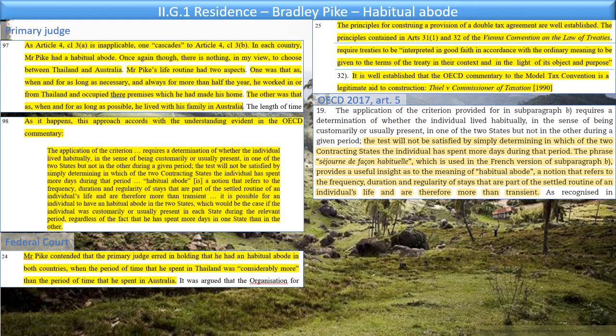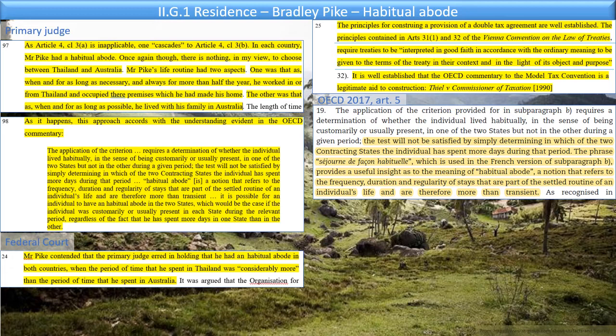And here it comes again. So Mr. Pike is wrong in his argument, because it says the test will not be satisfied by simply determining in which of the two contracting states the individual has spent more days during that period. And then it differs from what the primary judge has quoted, but I think this is because it's a 2017 commentary. It says the phrase "séjourne de façon habituelle", I'm not speaking French, so this is probably terrible pronunciation, which is used in the French version of subparagraph B,